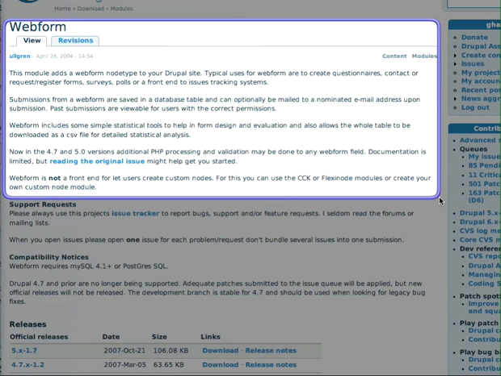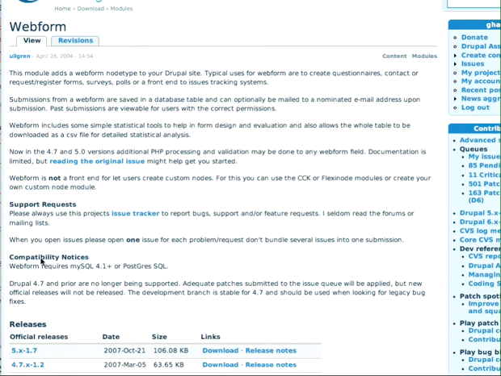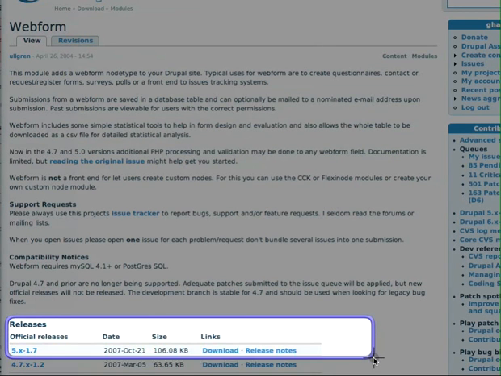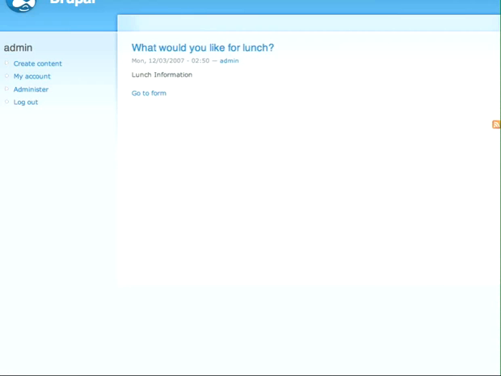I'm not going to show you how to install it. It installs just like any other Drupal module, and the configuration, I'm just using the default configuration. As a note, we're using version 5.x-1.7 with Drupal 5.3. This version of the module was released on October 21st, 2007, and recording here on December